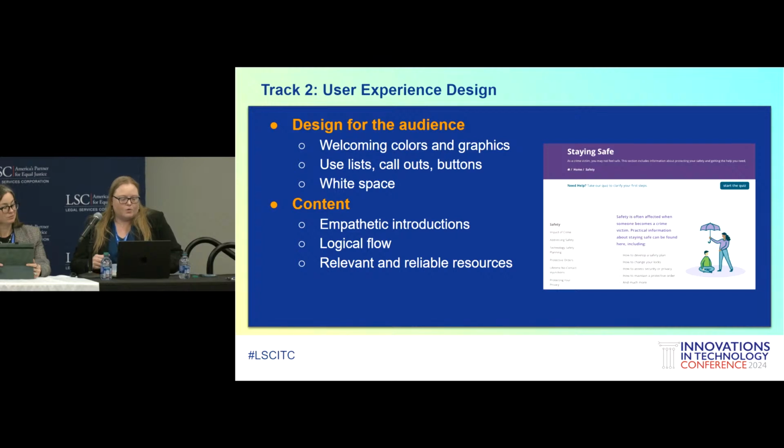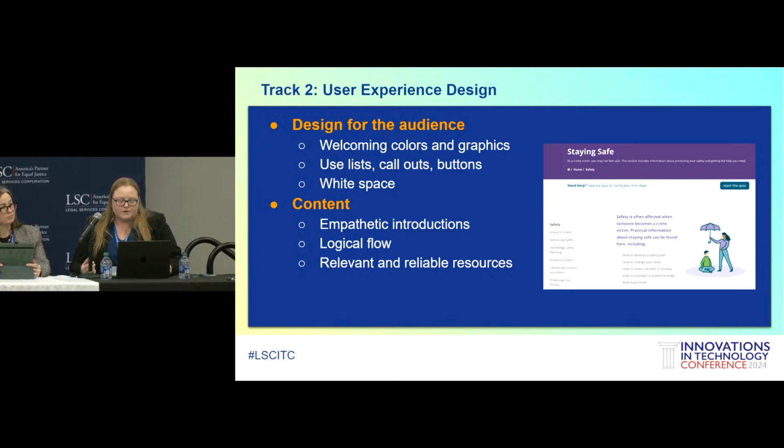So in working with our designer as well, we went through and talked about how we need to be very intentional about lists or buttons, specific call-outs, so that people knew what was important and what they could just skim past if they were not in a stage to take all of that stressful information.